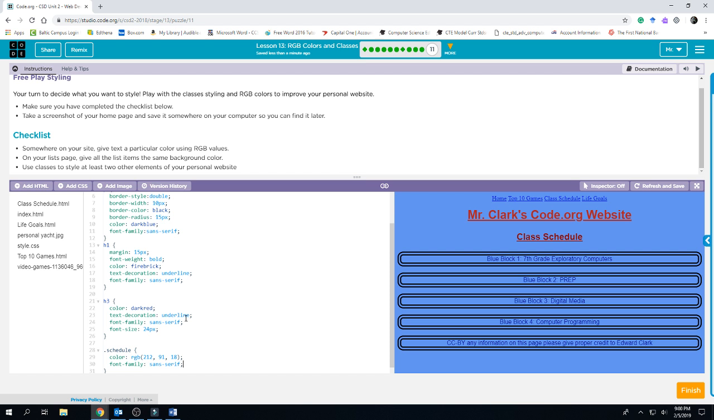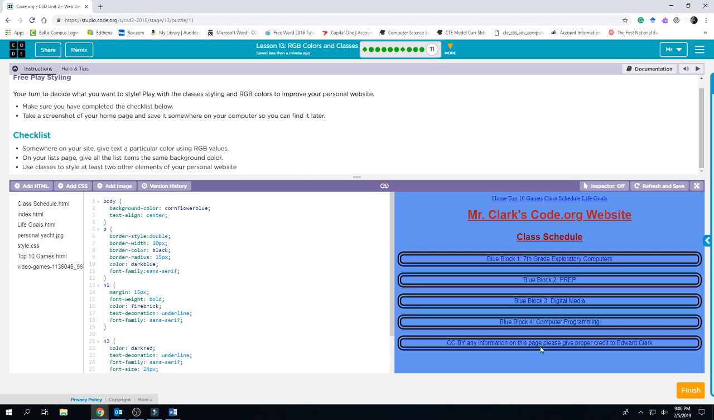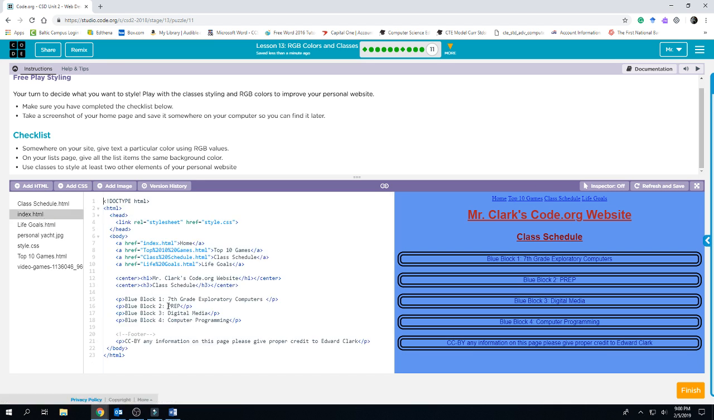So now what I'm going to do is go into my text there, into my index.html where it's got my p tags, and I'm going to add in that class schedule. And I'm going to copy and paste that into all of my p tags here. I'm going to leave that one. Okay, and then I'm going to